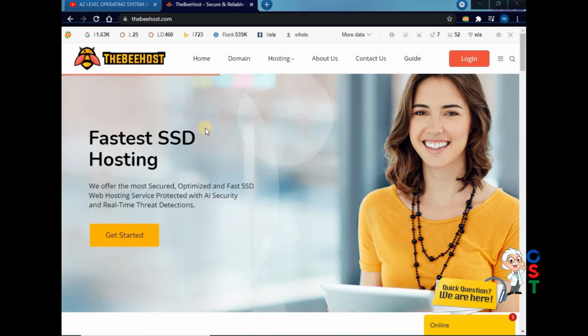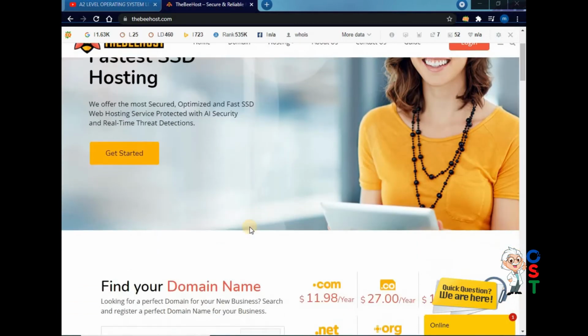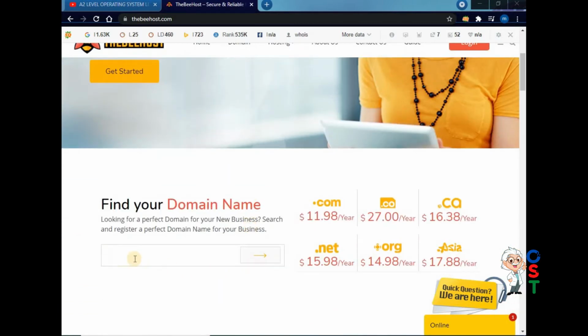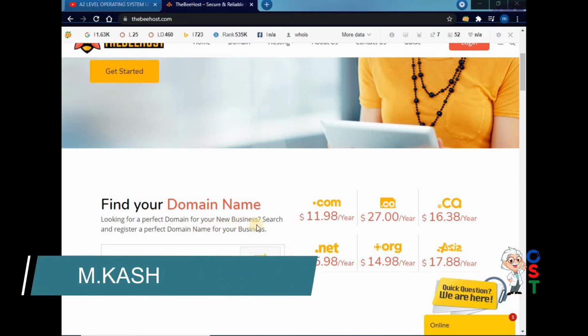You can see different web hosting companies' websites, and every company gives this facility that you can search and buy domain names. We tried to search domain names of different kinds, and I told you about top level domain names also.